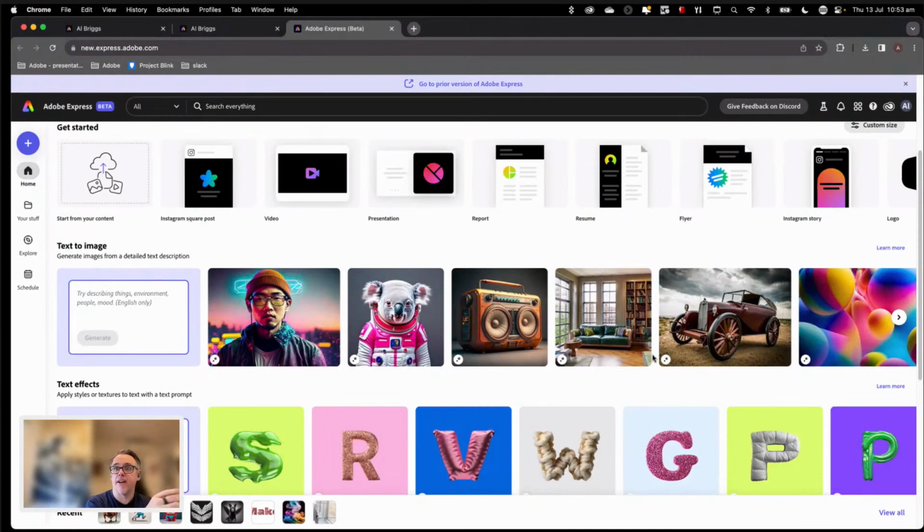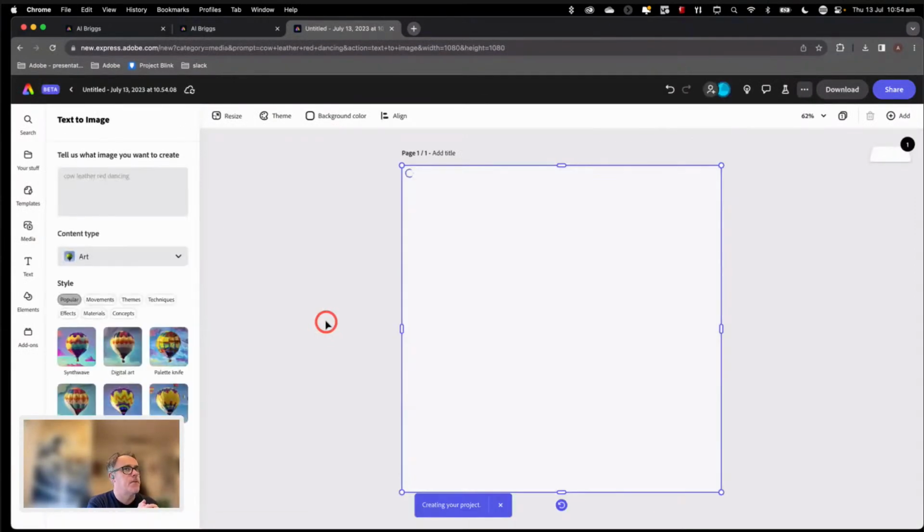Same sort of principle with generative AI. This is machine learning, so it gets better as you go in and iterate and generate these ideas. So you can go in and create an image and use this as a starting point for a design. If you want to create a logo, it gives you some prompts. Try describing things: environment, people, mood. I'm going to go in and say, let's go with, I ran a workshop with students yesterday, and their prompt was cow, leather, red, dancing. So I'm going to click on generate,